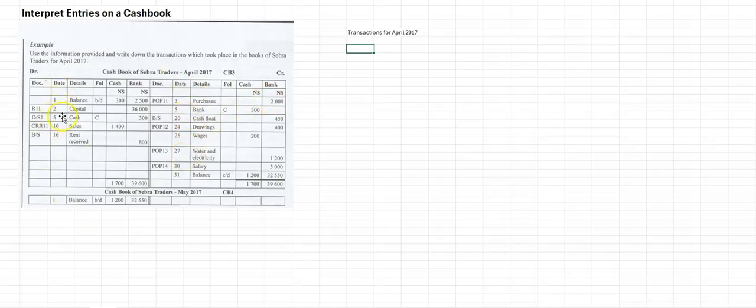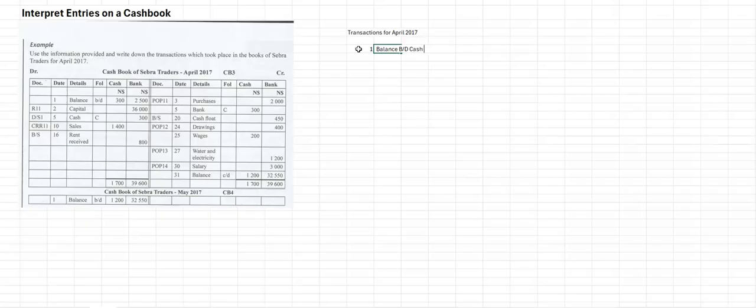That's the smallest date. So our first date is balance. You see that balance over there? That's our first date. So we write here, first we have a balance brought down. I'm going to use a lot of short words. You need to write them out when you are answering your questions, but this is just to help us with the video. So balance brought down,